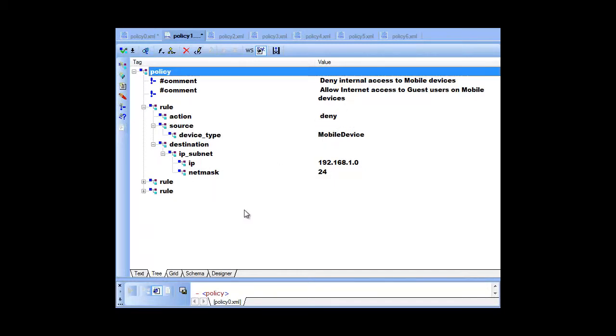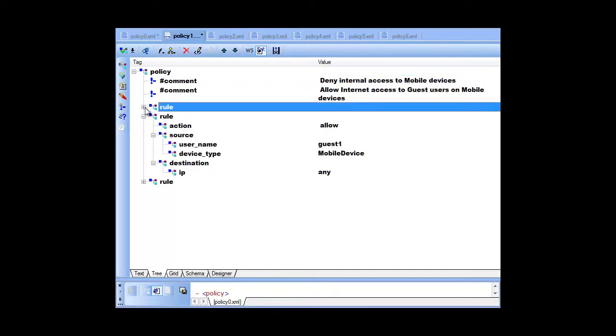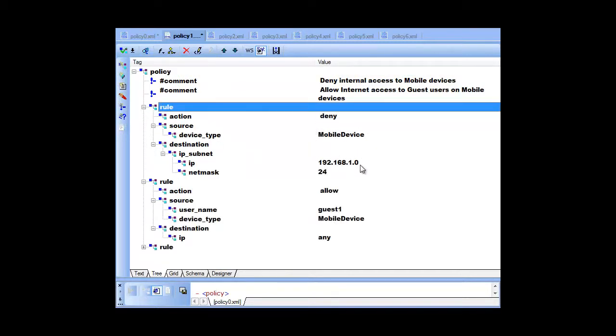So in this policy, the first rule is deny mobile devices internal access. Here internal access is the 192.168.1.0 subnet, and access would be denied to this subnet from mobile devices. The next rule is allow any access to the mobile devices if a guest logs in. So in the first rule, all the access to internal devices is denied.